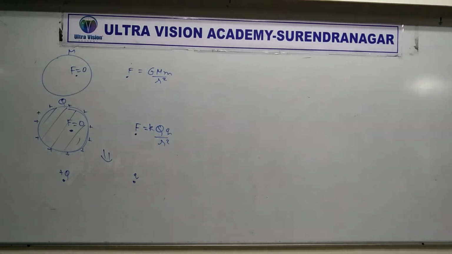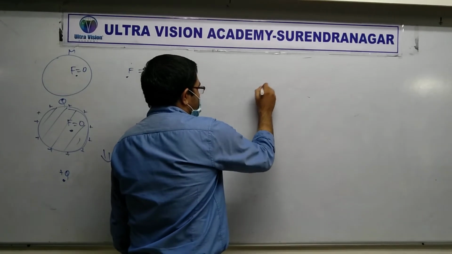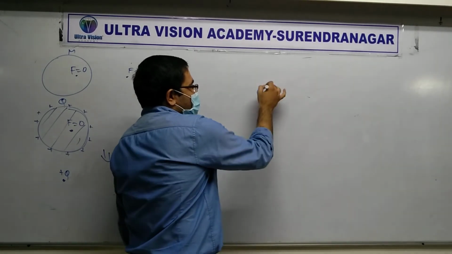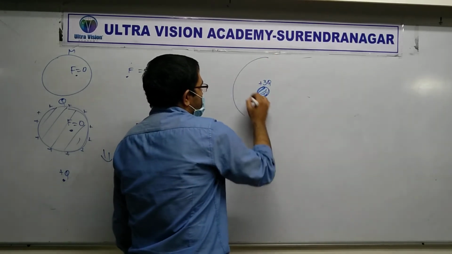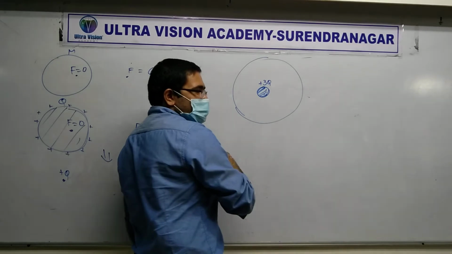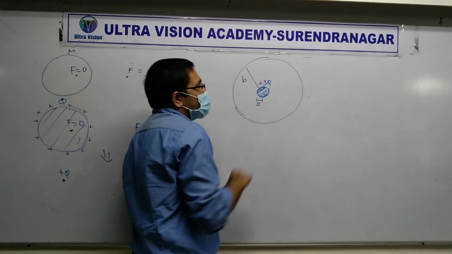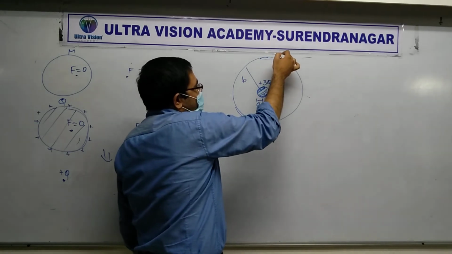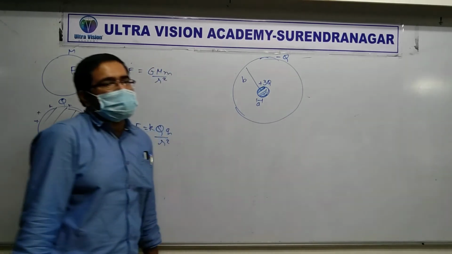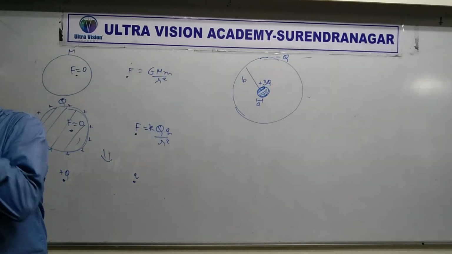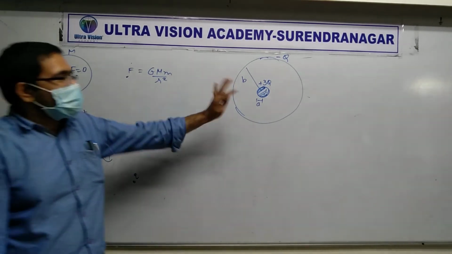Okay, draw the diagram, then we'll read the last thing. What's given? A solid sphere. How much charge on it? Plus Q. And surrounding it there is a concentric shell. The radius of the sphere is A, and this one is B. How much charge on the shell? Minus Q. Clear? On the shell there is a negative charge, that is minus Q. Everything clear so far? This is given in the question.